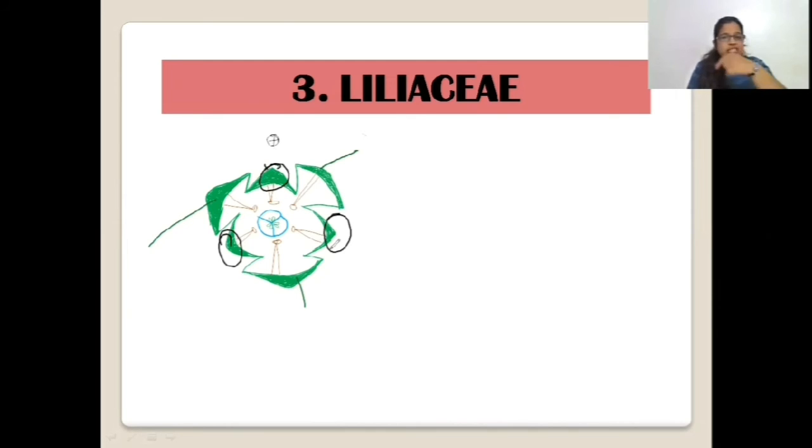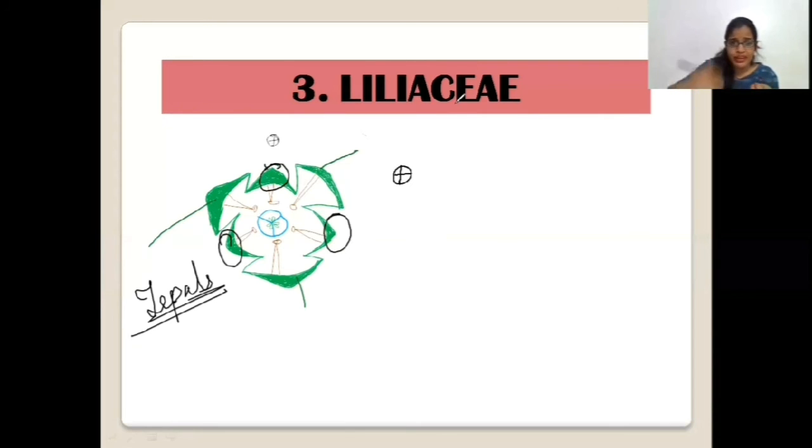They are present in a separate whorl, but they are similar to the ones present on the outer whorl. And hence, what do we call them? We call them tepals. So in the Liliaceae family, we don't see calyx, we don't see corolla, but we see tepals. So while writing the floral formula, I'm not writing K and C. I'll be writing P. So let's write the floral formula first, starting with the symmetry. It is actinomorphic again. That is, it can be divided into two equal halves by any number of planes.